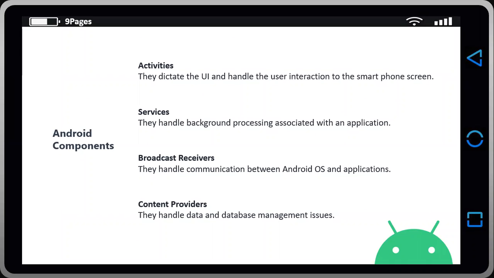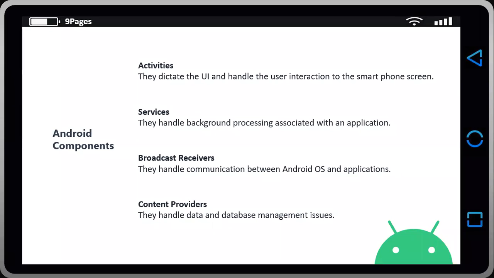For example, an application can broadcast to tell other applications that some data has been downloaded to the device, if we are talking about the browser, and is available for them to use. This is basically the functionality of the broadcast receiver, which will intercept this communication and initiate the appropriate action.